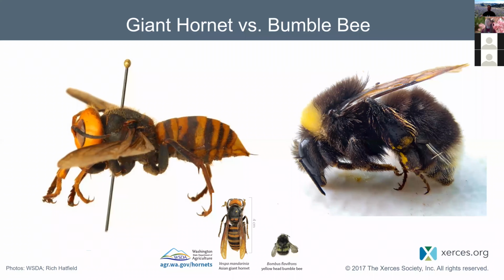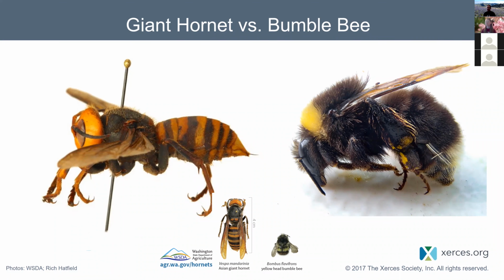And then here's a side look. So here's a bumblebee. You can see how hairy they are and how hairless the giant hornet is. So please don't kill bumblebees thinking that they're giant hornets. I know I'm probably preaching to the choir on this, but we need to do a better job of raising awareness, especially since the New York Times article came out and people are calling these murder hornets and all of the other terrible things. I also just want to let you know that there's only ever been 2 of these